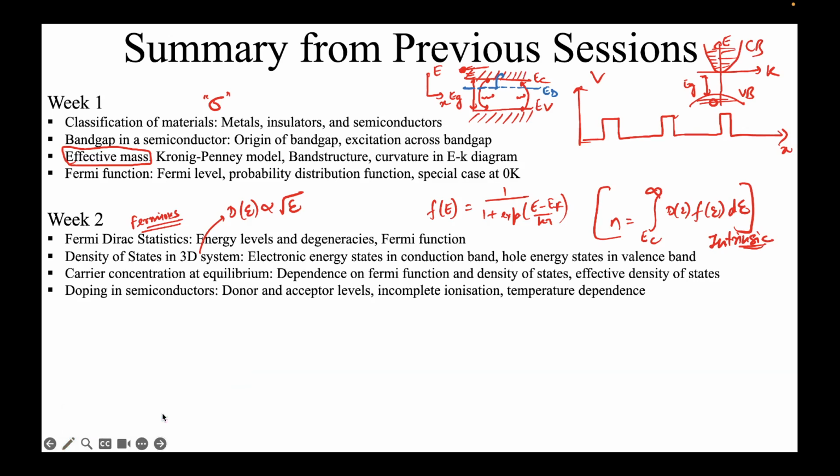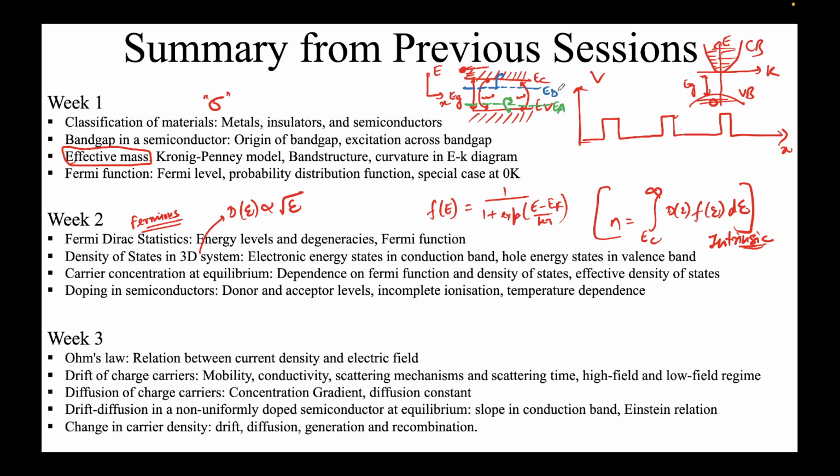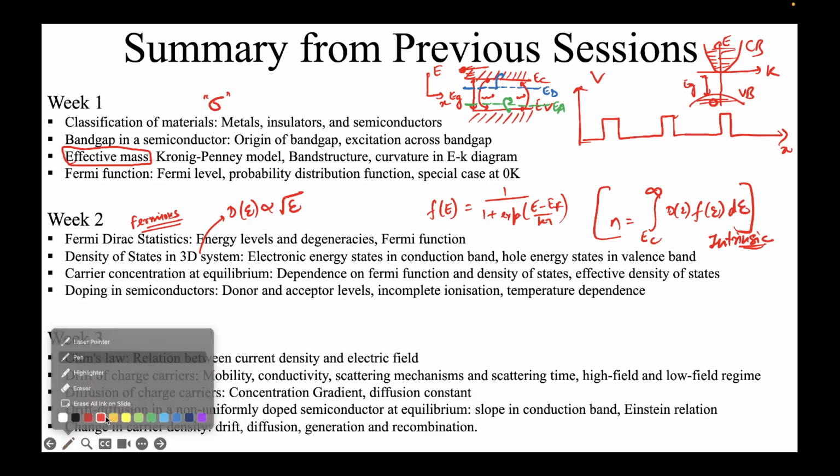Similarly, there is another type of dopant called acceptors, denoted in green over here. If some electron is in the valence band, it can simply jump over here, and now these holes that are left behind in the valence band can contribute to the current. We also saw that these donors need not always get ionized. They need a certain temperature, like above 100 Kelvin or something. So that's that. Based on this understanding, we then saw what Ohm's law is